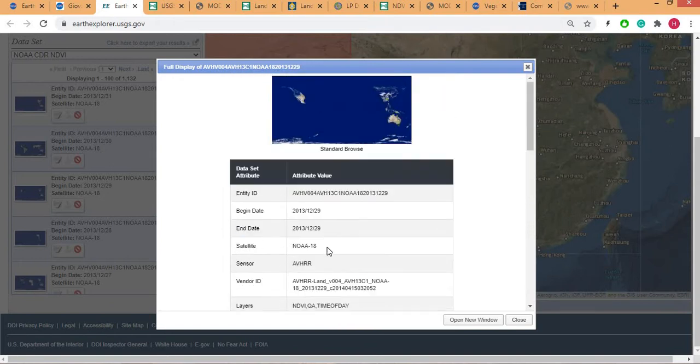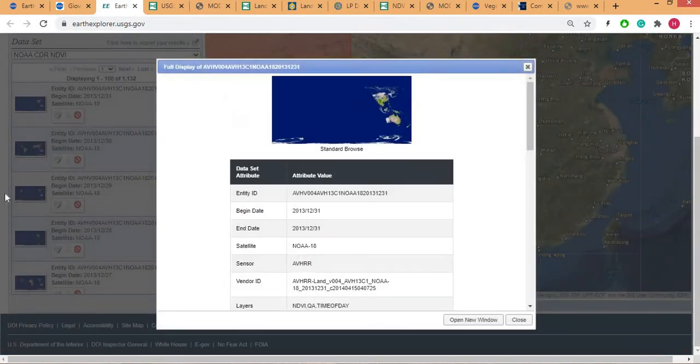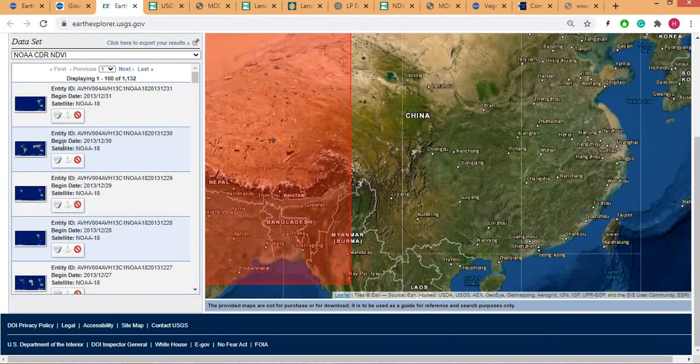We will also discuss the data format, and you can open it in a new window and just exclude it from this list. Here we have results, here we have pages. I have entered the data from 1991 to 2000 to present. So this is the metadata, and you can download. This is the map, and now you can download the data by clicking here. So this is the download, the main download.